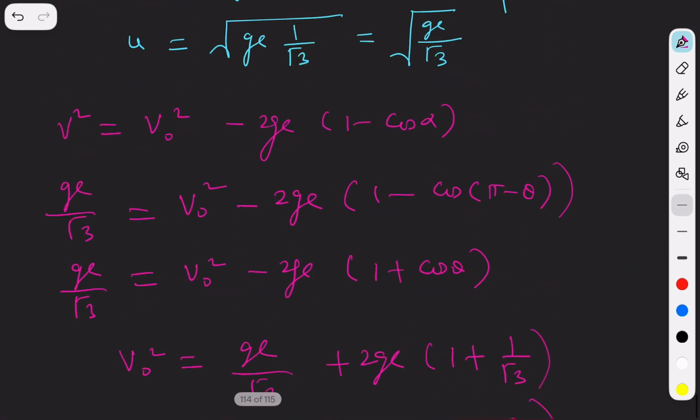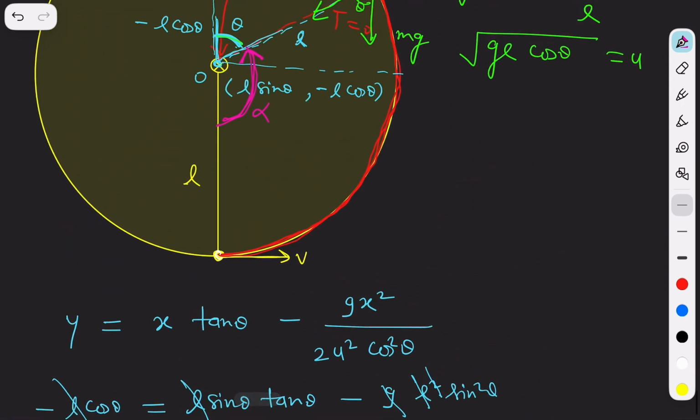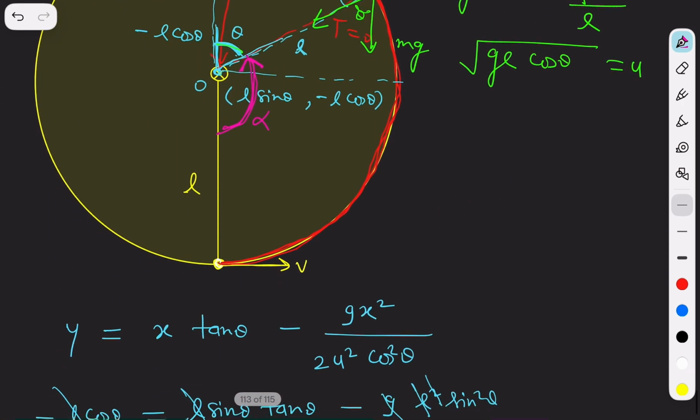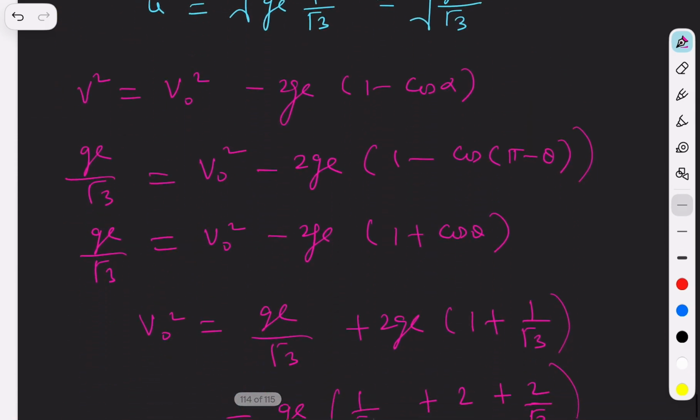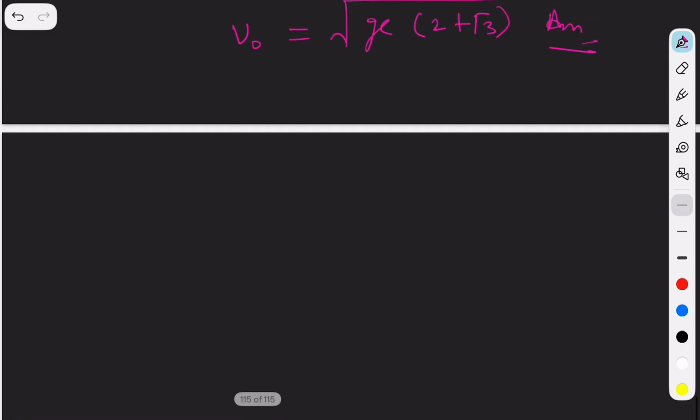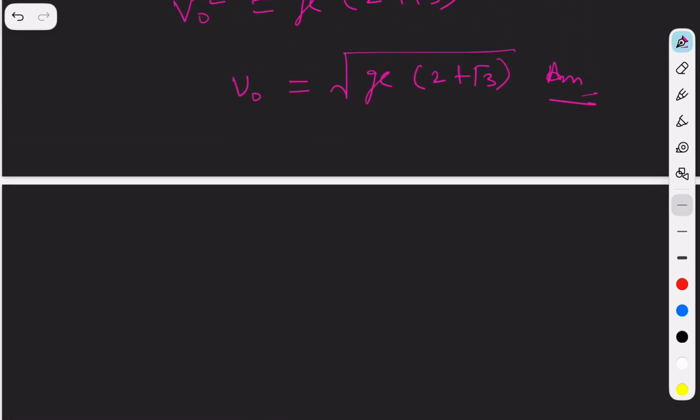How much analysis has gone into this total thing, and even the math is also quite nice, I would suggest. So I think now you have gained a little better clarity in vertical circular motion. Now one last problem I'm going to give you, and if you can solve it, just let me know the answer in the comments. So the question is